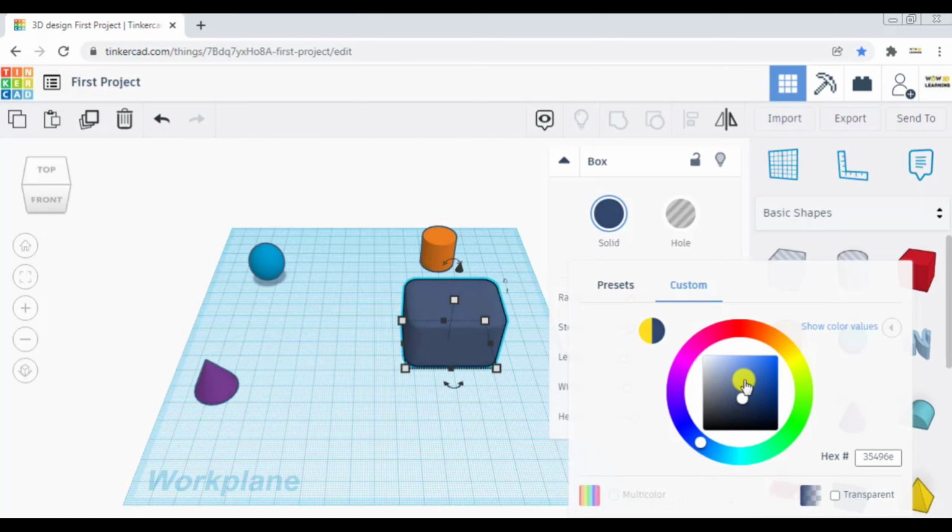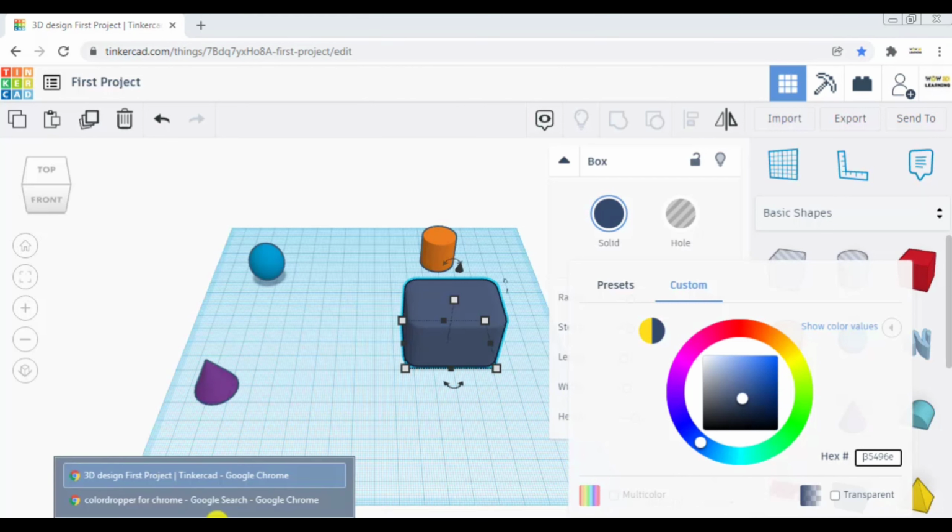Next to the color wheel, you can see there is an option called hex with a hash, which means hexadecimal value. Every color has a particular hexadecimal value which you can manually input here. You don't have to remember it. For that, you can install an extension called color eyedropper.